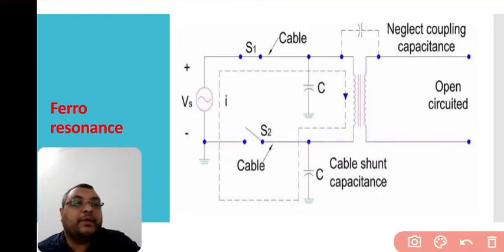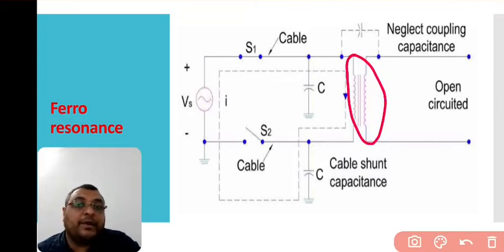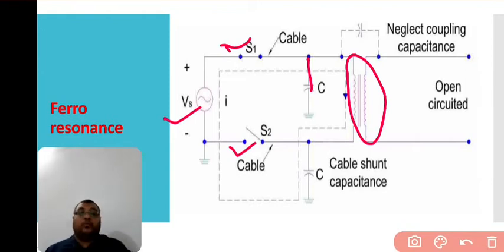You can see over here there is one transformer. There is a voltage source which is connected with the transformer. There is a shunt capacitance over there. Two switches are given in the system. I will explain to you one by one how this ferroresonance is going to occur. Whenever the circuit is subjected to a disturbance such as opening of a switch,